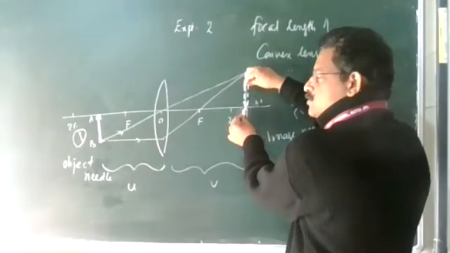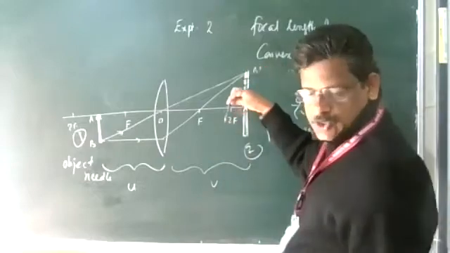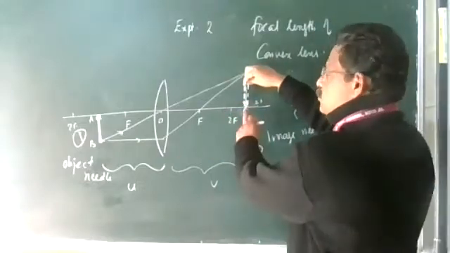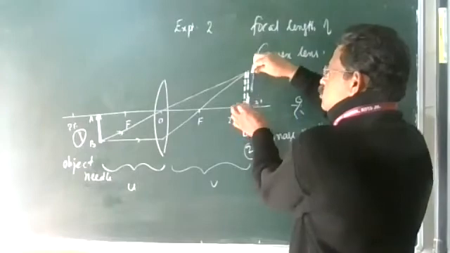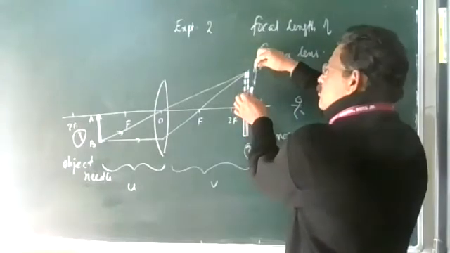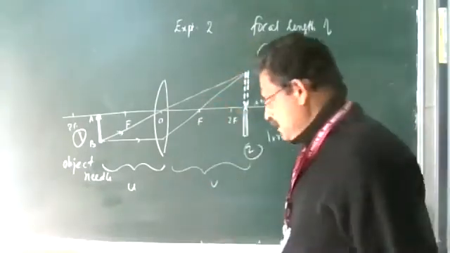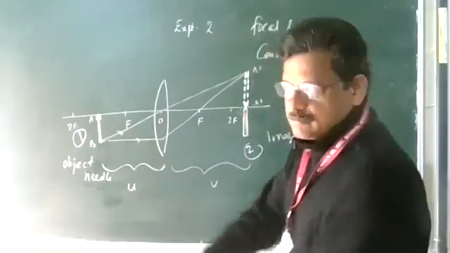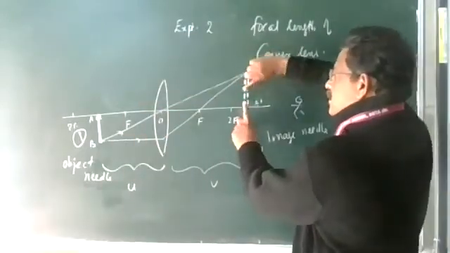So you adjust the height so that they come to the same level. After that, what do you do? You move your eye to your right side, and they should move together. For example, when you move to the left side, they are not moving together. One is here, another is here.